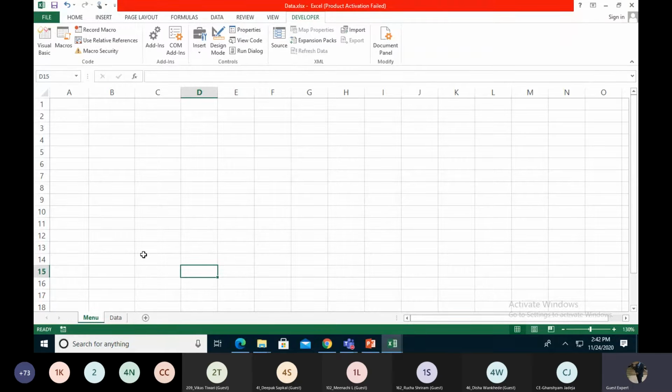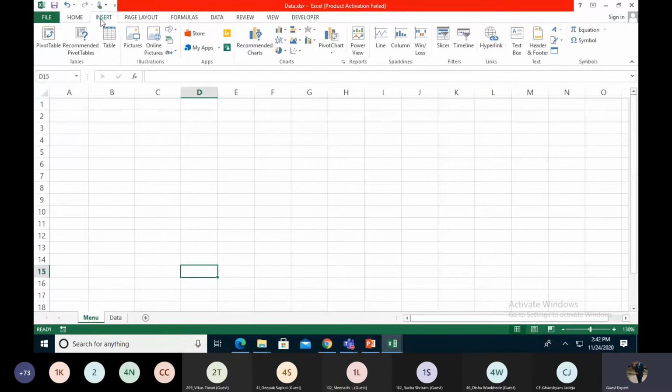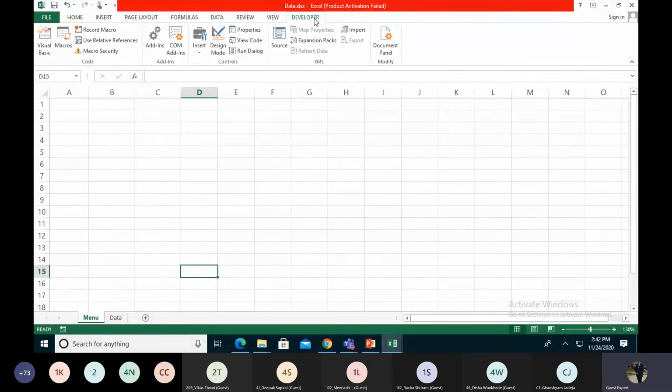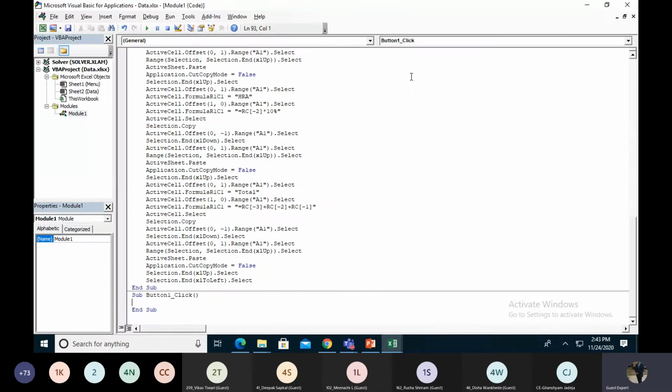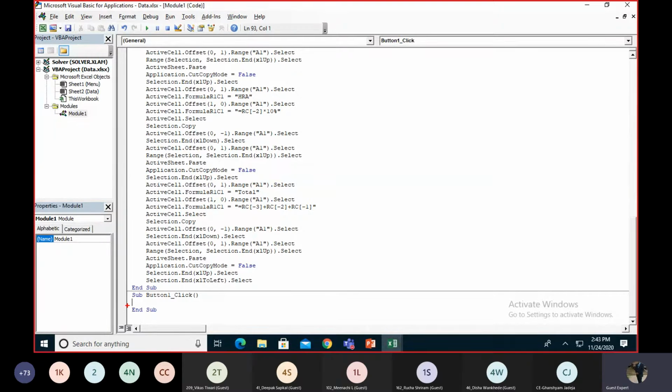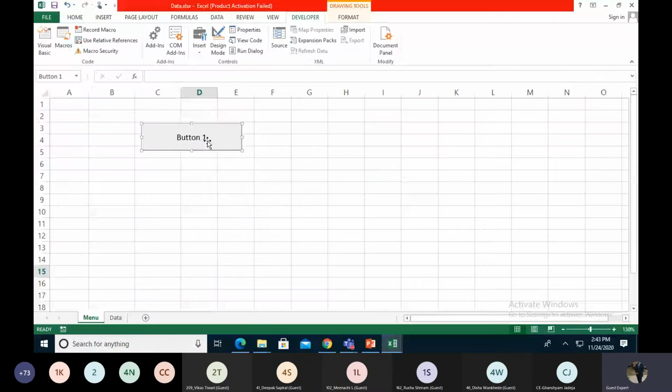So for this purpose, we go to Insert. Otherwise, we also select Developer and then Insert, click the form button, and draw the button over here. Okay. With this new button, the button click event is now present over here. You have to see this button click event, and with a right click, edit text and write down Show.